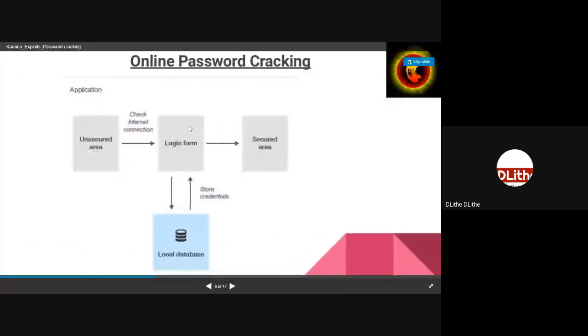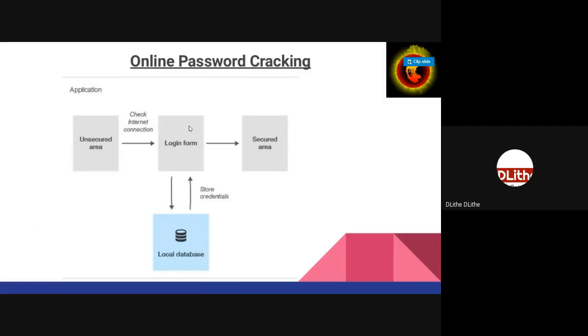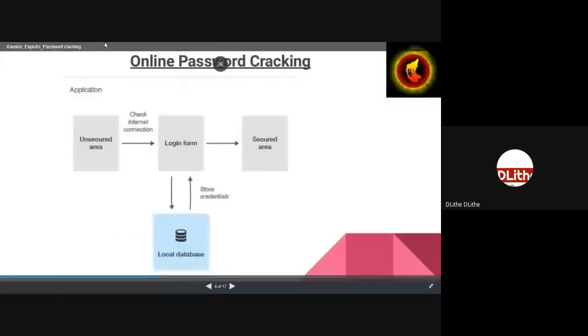So we will use a word list. It contains a list of possible passwords. Then we'll automate sending these possible passwords continuously. If and only if the password exists in our word list, then we'll be able to crack the password. If your password does not exist in the word list, obviously you'll not be able to crack it. So in almost all password cracking functionality, the word list plays a vital role, which means only if your password exists in the word list will you be able to crack the password. Clear about the methodology of password cracking, guys?